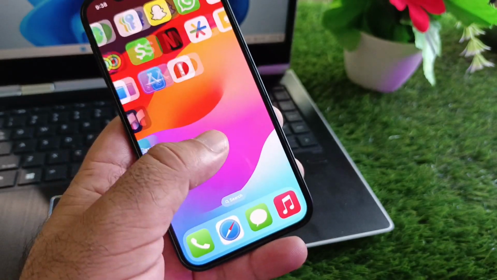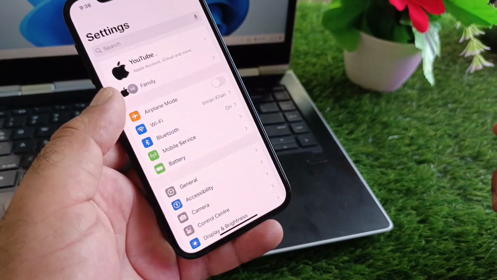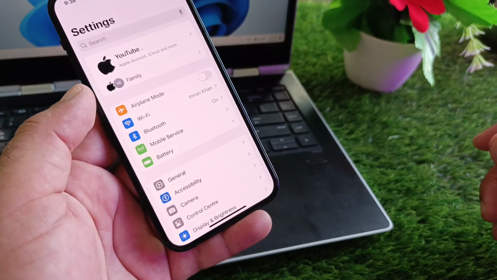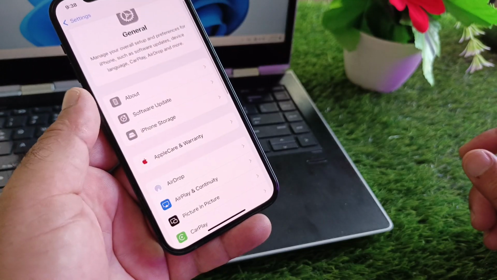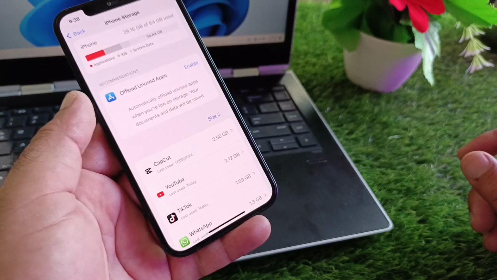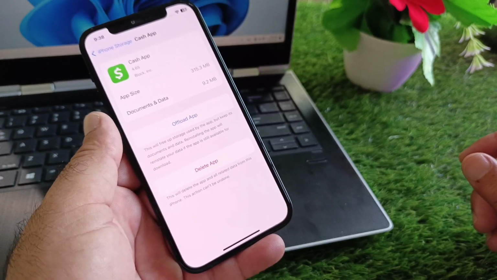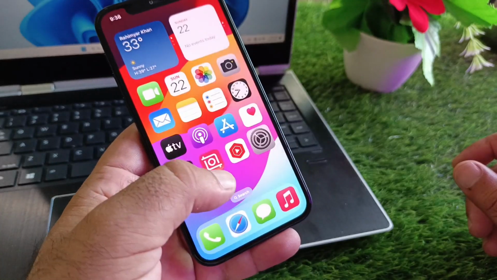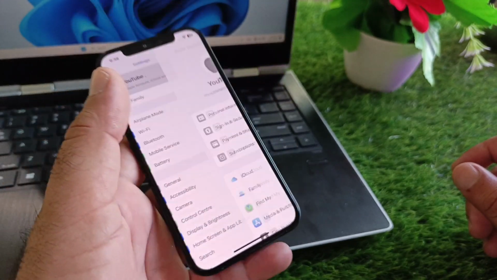Simply go back and first of all open the settings, and make sure that you have an active internet connection. After this, here is the option of General, so click here, and here is the option of iPhone Storage. Click here and select Cash app from here, then click on Offload App and install it again. Then go back and click on General again, and click here on your Apple account,